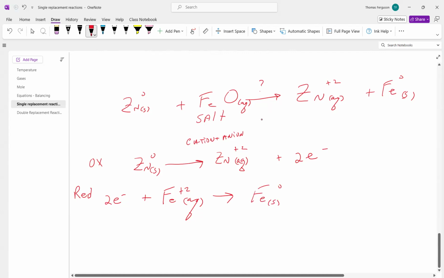Now, do we have to adjust these half reactions in terms of electrons? Are the electrons balanced? Yeah, 2 and 2. So nothing more to do. If we add these up, electrons cancel out, and the overall equation is going to be zinc metal plus iron +2 from the salt gives us